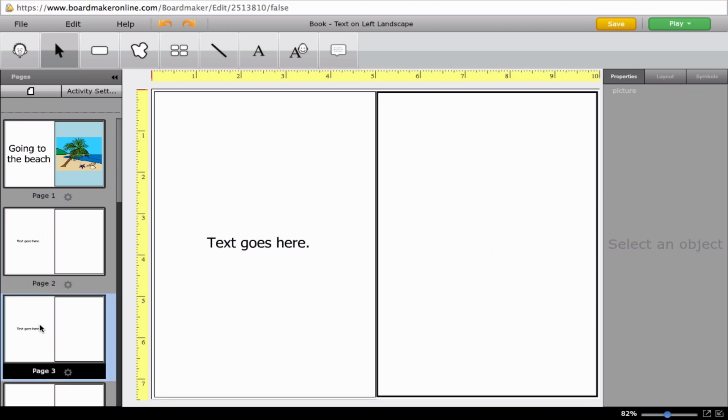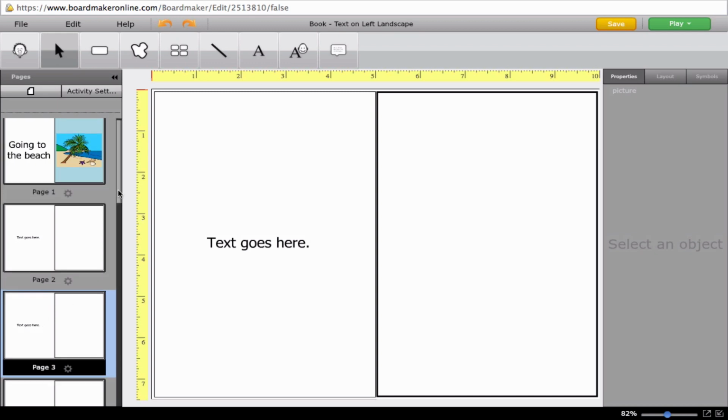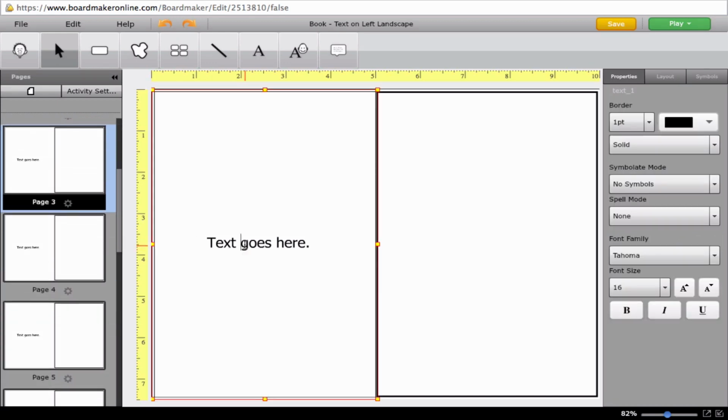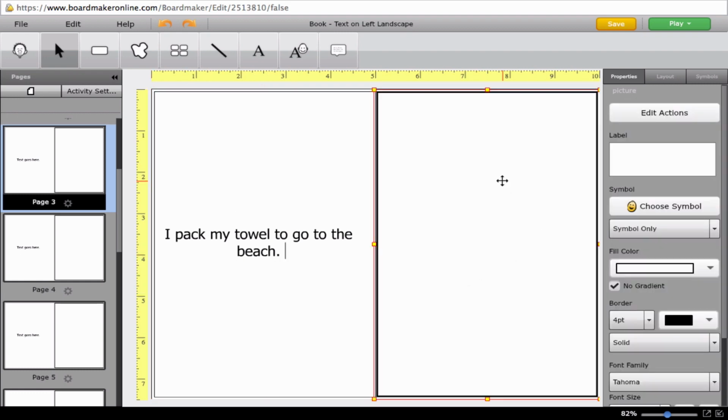So now let's have a look at page 3. So let's add some more text, and I'm going to show you something slightly different this time. And I pack my towel to go to the beach. Oopsie, sorry, get my typing right. Okay, so I've written the text here, and now this time, if I click on to this right-hand button,